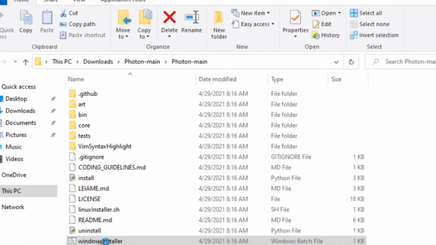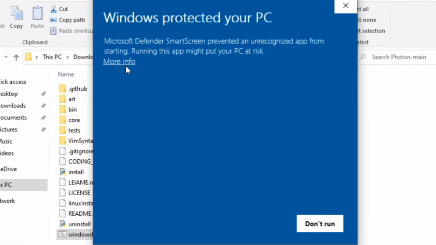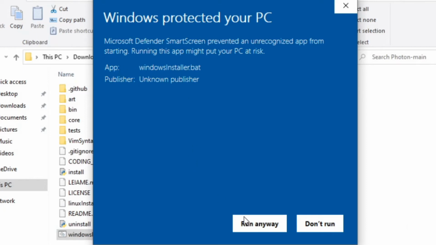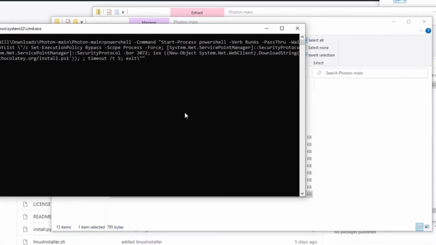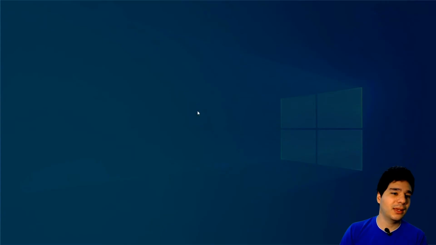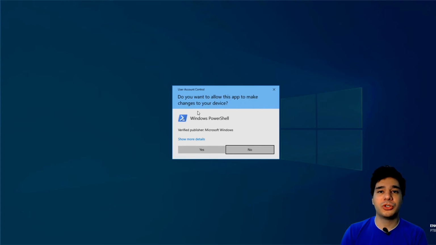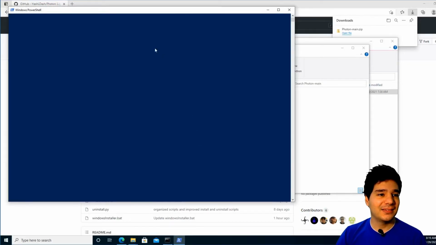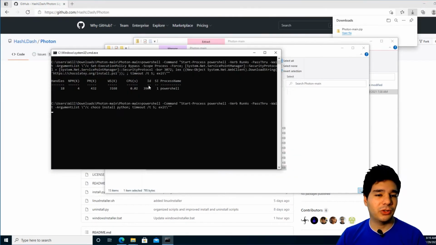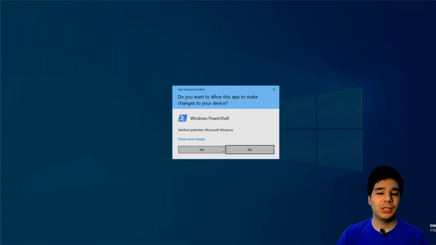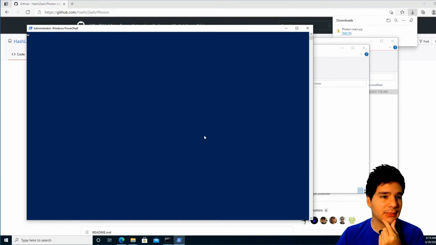So let's try to install. Double click here, and you have to click more info, then run anyway. And now it will start all of the process. This might take a while because it wants to install Choco, whatever. Let's say yes, and it will install the package manager and all of the dependencies. I already have Chocolatey here, so okay, let's just pass that. And now it will try to install, let's see,